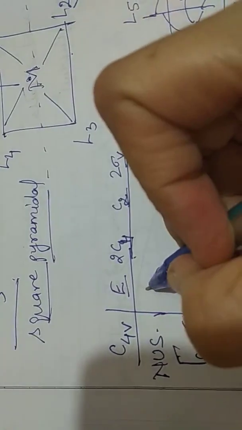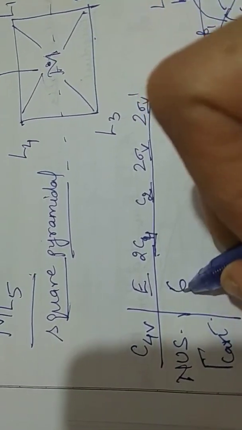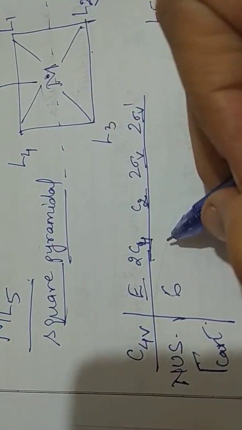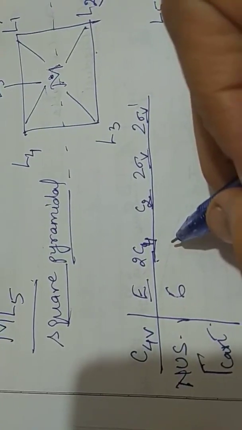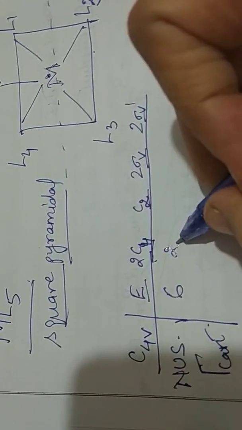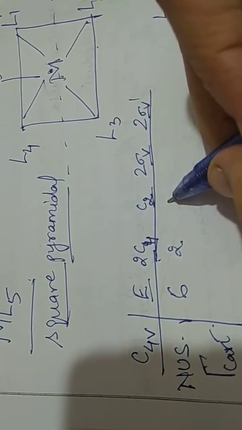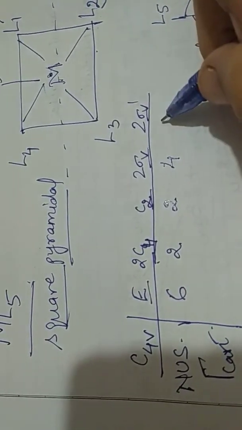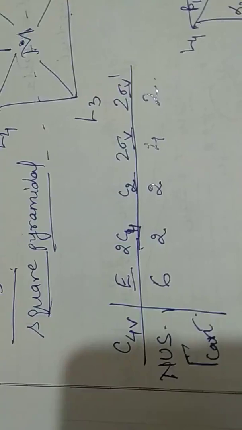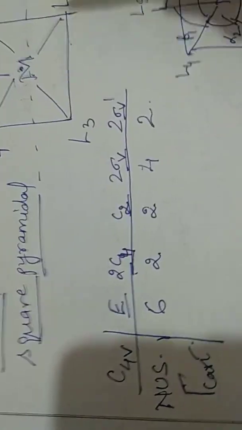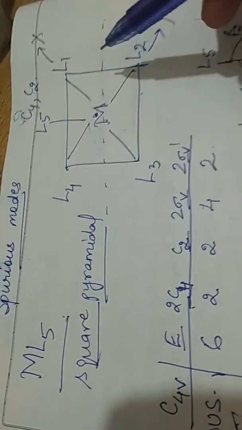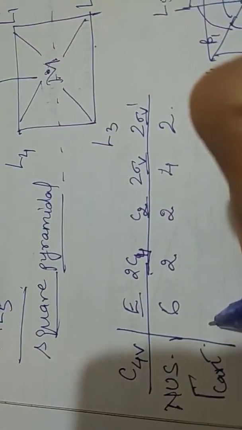What will be the number of unshifted atoms for E? Since there are 6 atoms, 6. For 2 C4s, what will be there? For 1 C4, the number of unshifted atom is 1. So for 2 C4s, it will be 2, right? For C2, it is 2 because 1 C2 will give you 1. 2 sigma V is giving you 4, and then 2 sigma V prime giving you 2. Do you know which one is sigma V and which one is sigma V prime? Can you figure out the 2 sigma V's in this? The sigma V which is parallel to C2, C4, and one is perpendicular to that. This you can find out. If there is a doubt, you can ask me during the class.